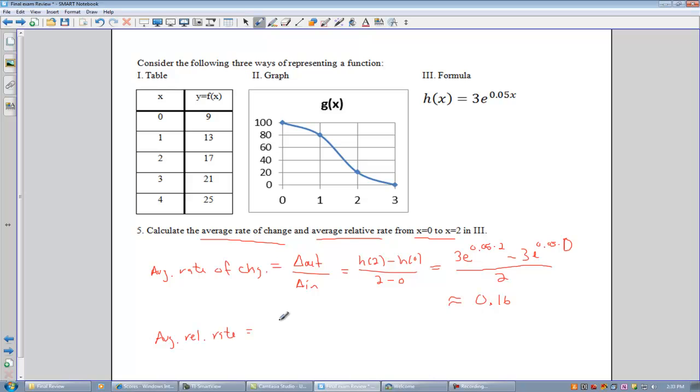And the way that we do this is we take the average rate of change, so what we computed just above, average rate of change, and we divide by the initial output. What that means is you take this 0.16 and divide by the initial, meaning h of 0, because we're going from 0 to 2. And so this is equal to 0.16 divided by, and h of 0 is 3e,